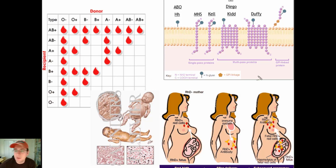Now, an interesting thing that happens because of this is that if you have a mother that is Rh negative, and she has a fetus that is Rh positive, and accidentally some of the red blood cells of the fetus get through the placenta and get transferred into the body of the mother, the immune system of the mother will generate Rh positive antibodies, and it will basically immunize the mother against that. Now, the next time that the mother has a baby, or even in that same pregnancy, if the fetus is of a positive type again, this time the mother will have antibodies against the fetus, which will create a syndrome in which the mother's immune system will attack the fetus across the placenta